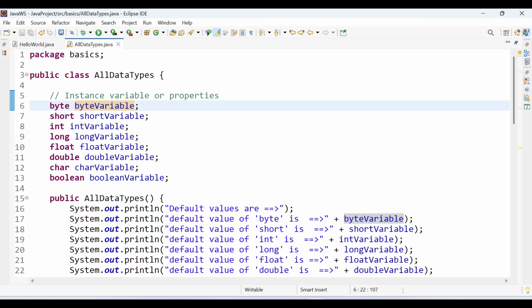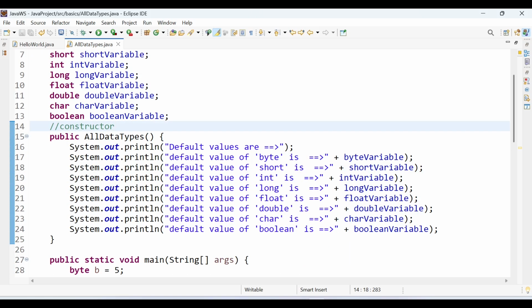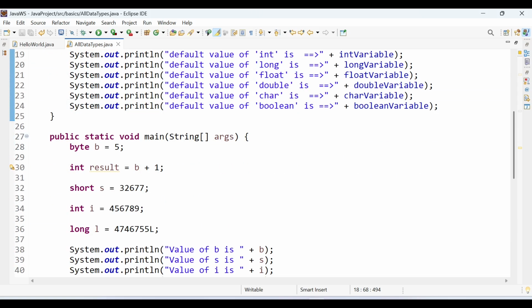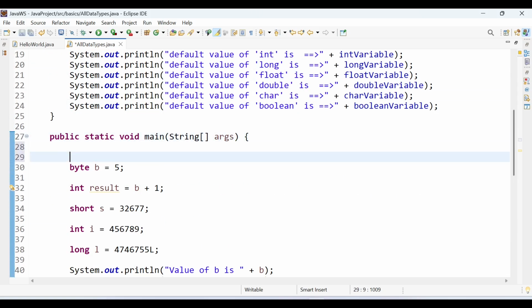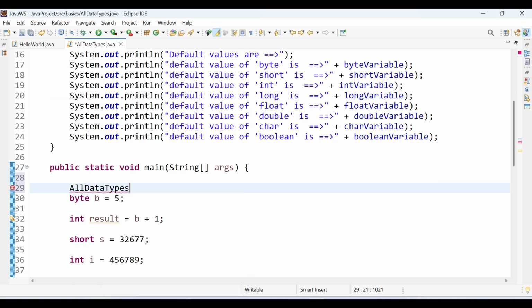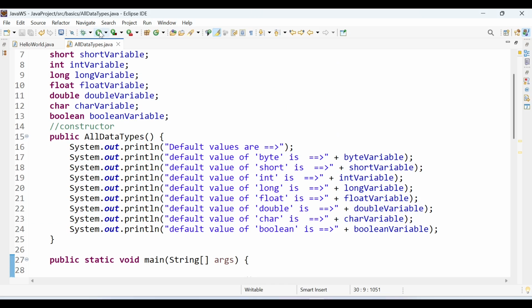Then this is a constructor actually, where we print these variables. So we are directly printing, not giving any value. And to run this constructor, I have to create an object of this type. That is why I said if you don't know all this, then maybe it is a little bit too much. But just to show you default values,